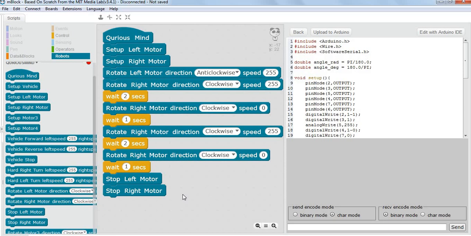Wherever I want to make a change, only at that place I need to give a second command. If there is no change, I don't need to give another command or use the same command again. And that is what we are doing here. For the left motor, there is no change. It is continuously rotating anti-clockwise at this speed. Even while turning, it is rotating the same. So we don't need to tell it again and again. Okay, so that's how we can make this program more efficient.